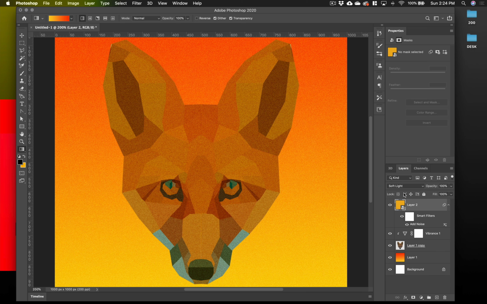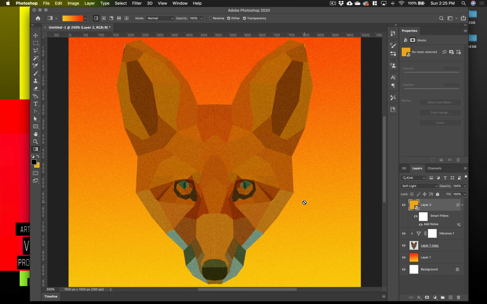So I like a little bit of texture on it. You don't see that very often, but sometimes that adds a cool effect to it. You can do some other things as well with this, but I think you guys get the idea. I've seen some people now take this and then draw back into it and create some cool line effects. I've seen people take this and put it in Illustrator and do a vector over the top of this. So there's all kinds of great things you can do with this low poly as a way to really kickstart some drawings. You could do this low poly effect to text, but you kind of have to have